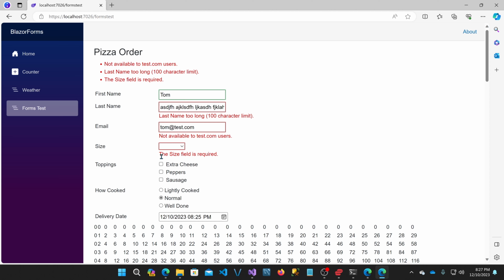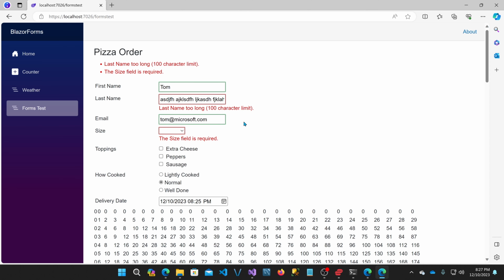Now, however, notice this. If I put Microsoft.com, it thinks it's okay. So the way that these attributes work in the interactive server is the attribute checked it and it said it was okay. The custom validation method that I showed you, that second mechanism, does not run automatically in Blazor Server. So that's something you'd have to modify if you wish to do it, or I would suggest actually using the attribute method to do that as well. So that's something you gain